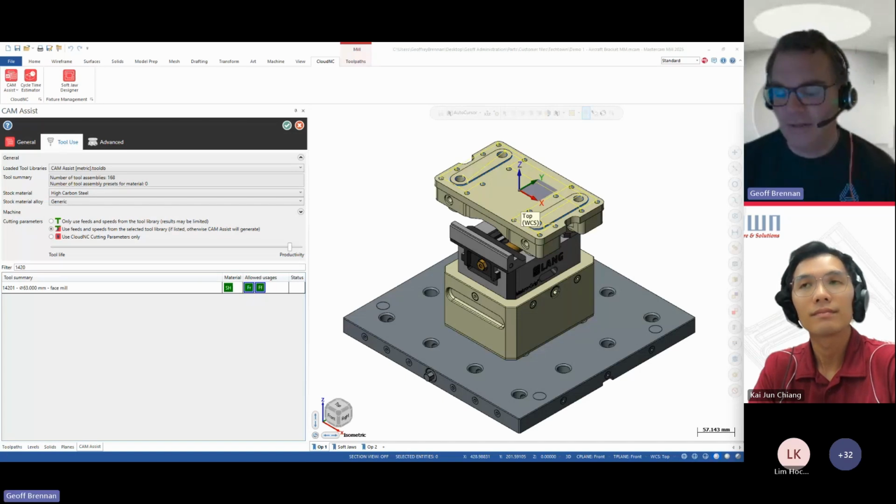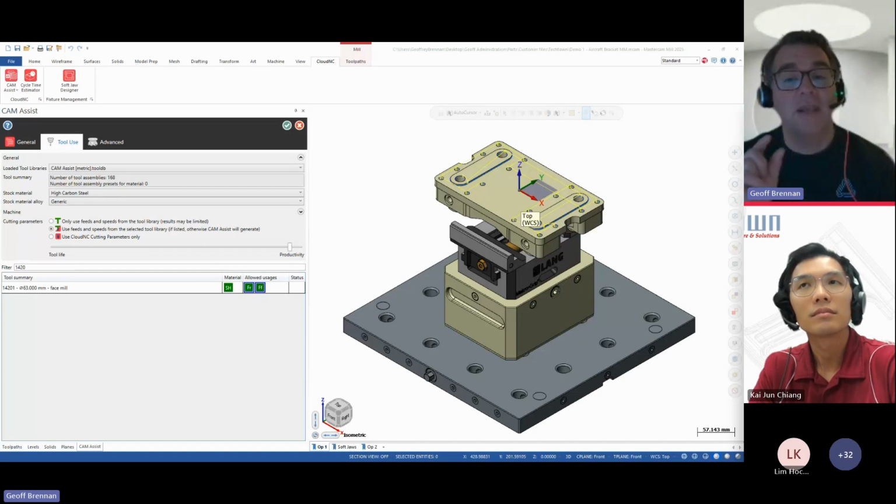So how do we train the system? How do we define those rules and make them better over time? We listen to our customers, we listen to our resellers, we have our own factory. In the slide deck there, I have the picture of our shop. We're using that factory to continually experiment and improve our models, and that includes everything from the cutting parameter values.